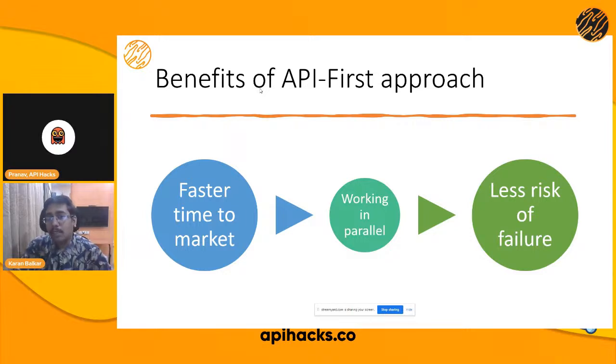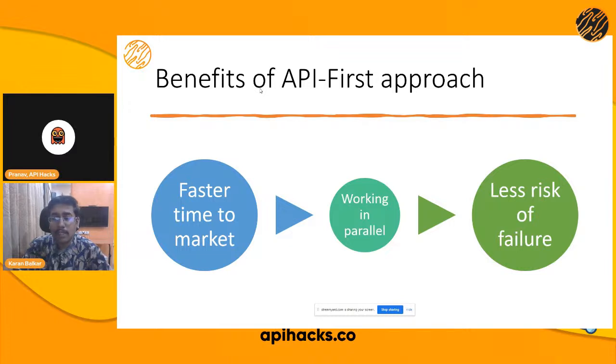Whenever you're developing your apps or your products using an API first approach, you have a faster time to market, in terms of your working product or the final product being developed much faster. When you start developing the APIs, and assuming your APIs are ready and tested and everything is fine, the front end teams can easily start consuming them, and you can have a more iterative approach, where you could start consuming some of the APIs and then slowly start building upon the other APIs, and eventually you could do a final rollout as well. So it can be an iterative or incremental approach.